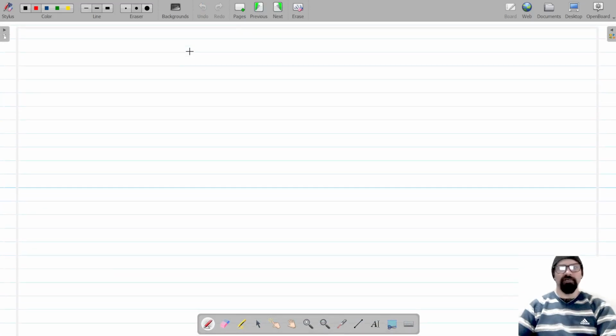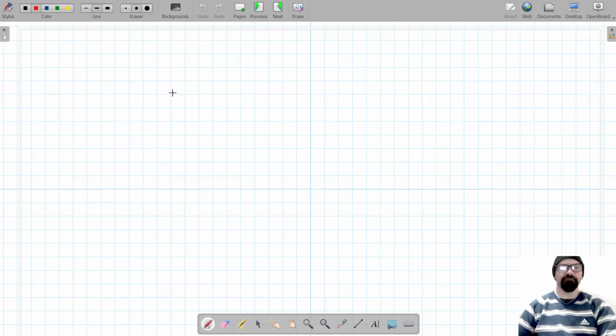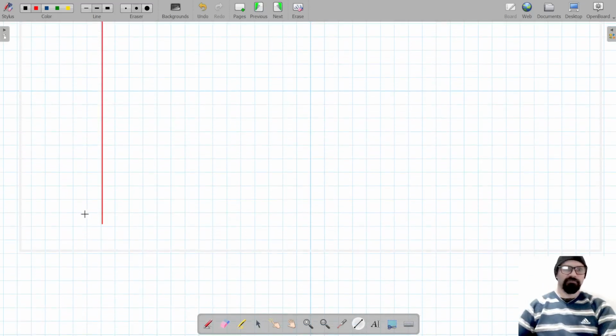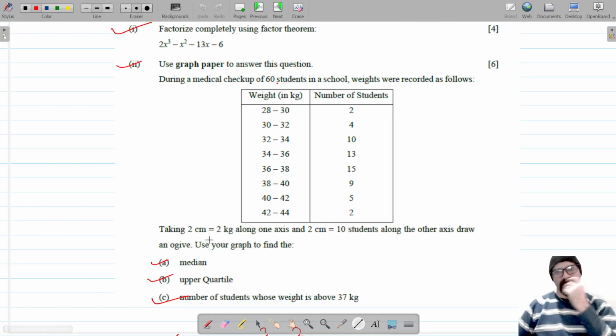So let's take the vertical and the horizontal grids. Okay. So I will show you how to plot the graph, and the scale is also given. It's given that taking 2 centimeters is equal to 2 kg along one axis, and 2 centimeters is equal to 10 students along the other axis. Draw an ogive, and use that graph to find the median. So let's draw the ogive, and for that